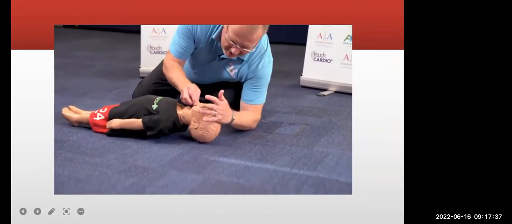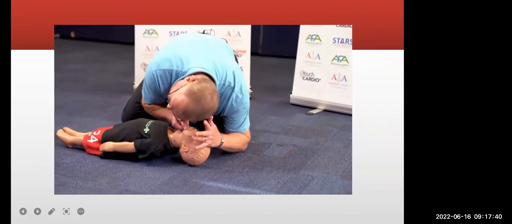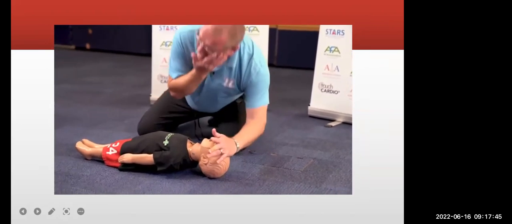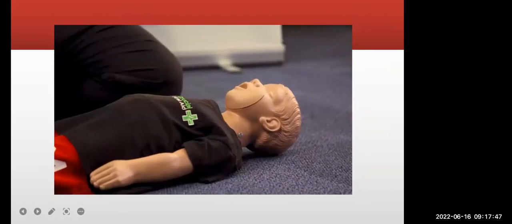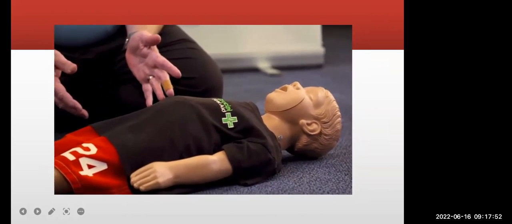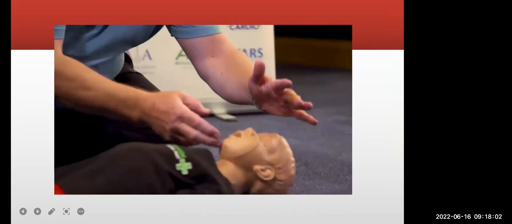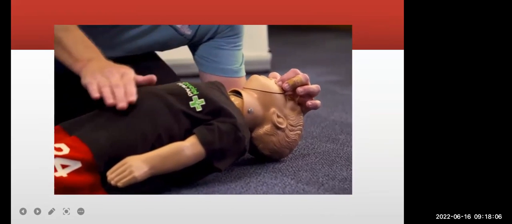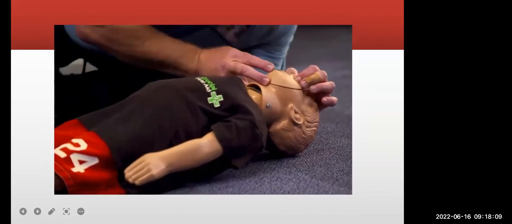We're gonna check for breathing like before. Tip his head back, hold the bony part of his chin, balance yourself on your elbow, look, listen and feel for 10 seconds. See his chest rising, see his belly rising, feeling breathing on your cheek, hearing breathing in your ear. So we've not got that in this case, so we're going to do 5 rescue breaths first. The likelihood is it's airway and lungs, not heart related, so we're going to reoxygenate his blood. So we're going to tip his head back, pinch his nose, cover his mouth with mine, looking down the length of his chest. I'm going to give him 5 breaths.